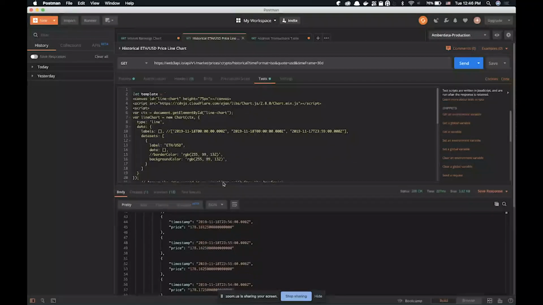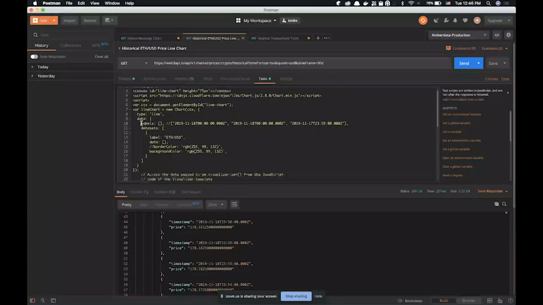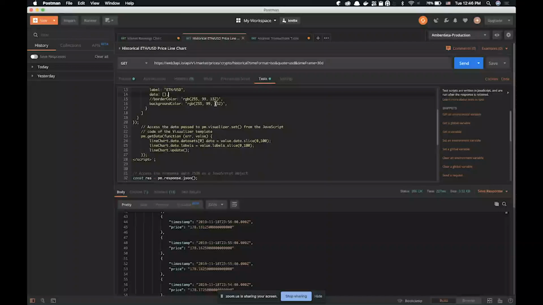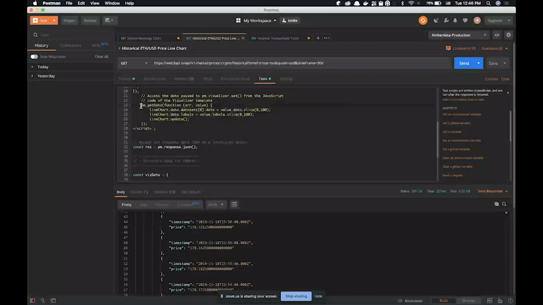Now, if we come over to the test tab, we can do the exact same thing we did earlier with the bar chart, but it looks a little bit different because we're going to be using a line chart in this case. Same exact idea, although this is a lot smaller example, which is really nice. So we have our labels here that we're going to populate with the timestamp, and then we have our data where we're going to populate with the price, and our label ETH USD, because that's the pair that we're looking at. Set up the colors, and then right here, doing the exact same thing where we pass in the data,